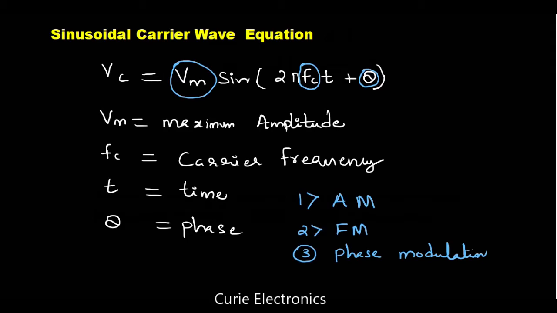Now we are not going in depth in this lecture. So these things we will see later. Today we are going to see why we have to do the modulation. To make the following things favorable to us, we do the modulation. The first one is the antenna size. To reduce the antenna size, we do the modulation.